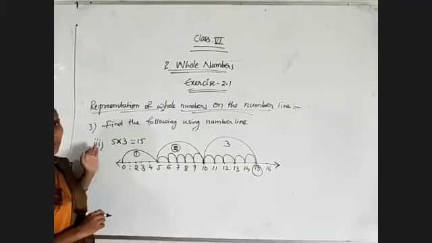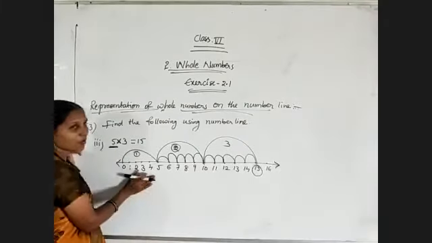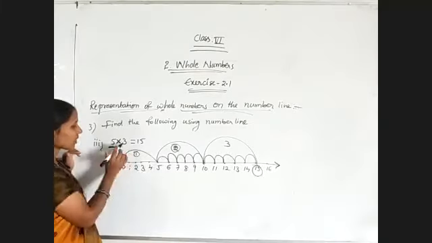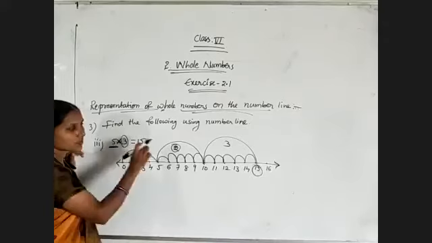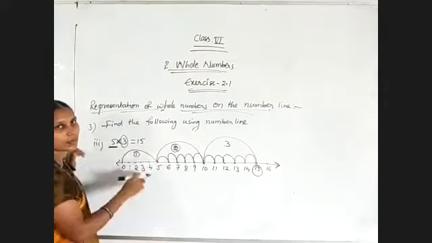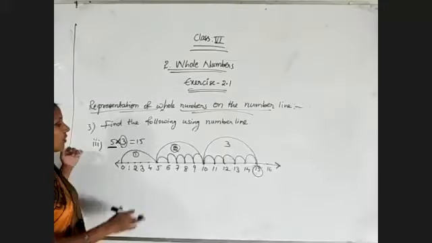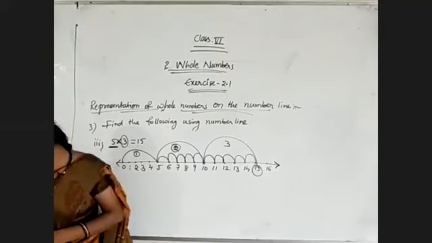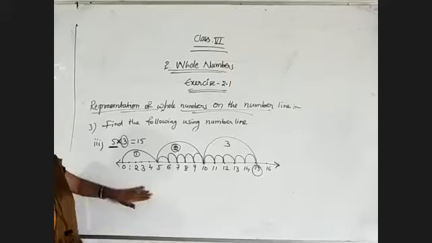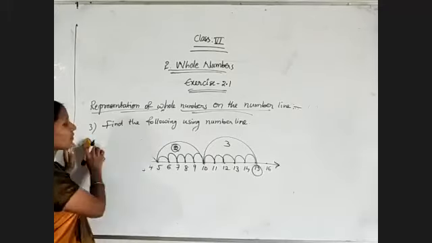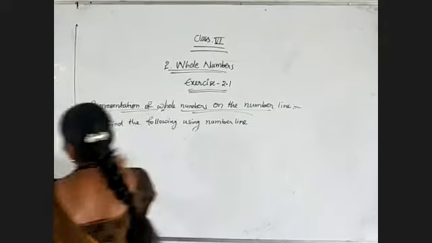So once again I am explaining. The first number, whatever they give, that much gap we have to leave. The second number, whatever they are showing, that many times we have to go for skip counting, repetition of skip counting. Okay. Now, only these 3 problems we have in this exercise, but I am giving one more multiplication question for your understanding purpose.